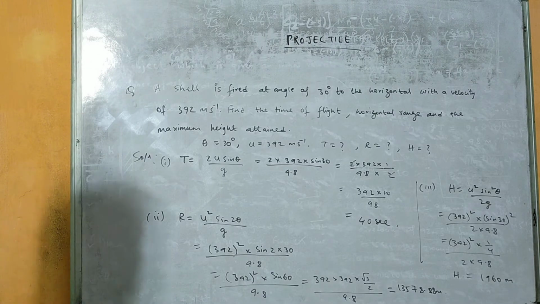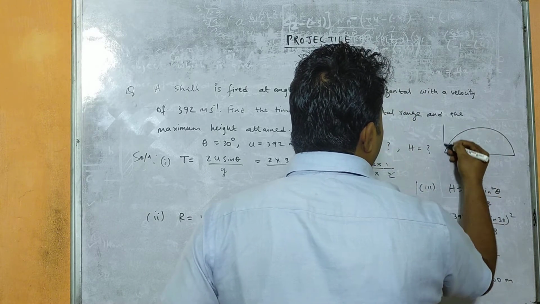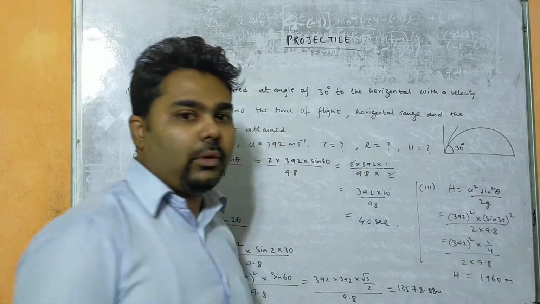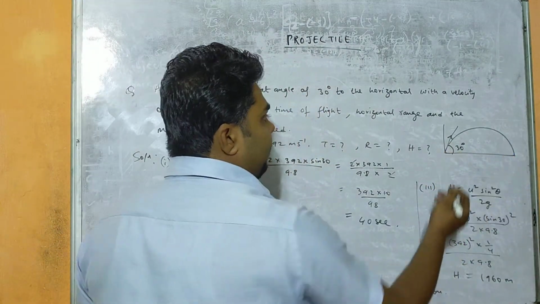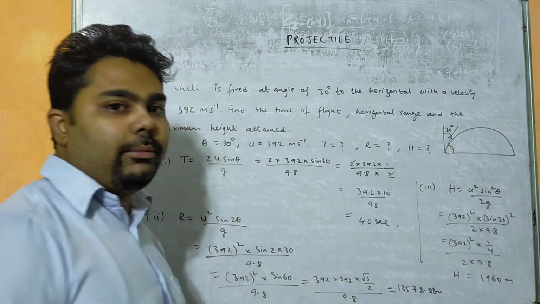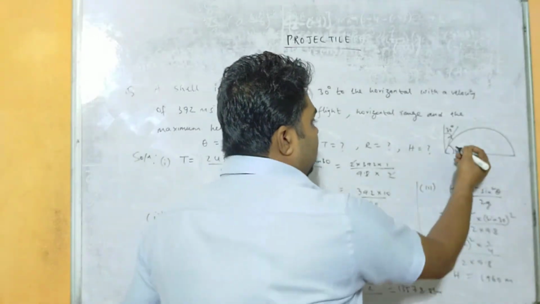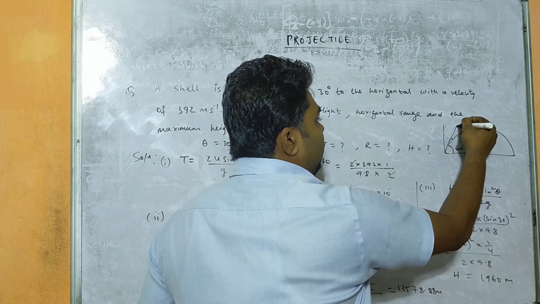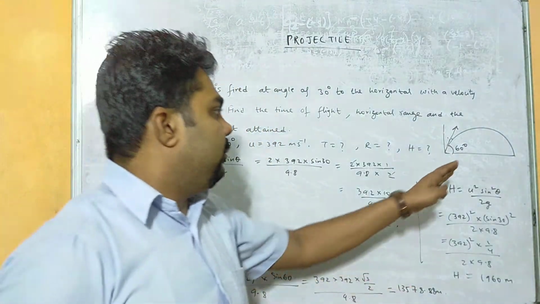So now the object is being thrown from the horizontal. It covers a certain distance with an angle of 30 degree with the horizontal, right? So make sure the angle has to be with the horizontal. If it is with the vertical, suppose in the question it is given with the vertical, then you need to subtract, 90 minus 30, 60 degree, to get the actual theta. That time you will not be using 30 degree, you will be using 60 degree. Always the angle should be with the horizontal, right?